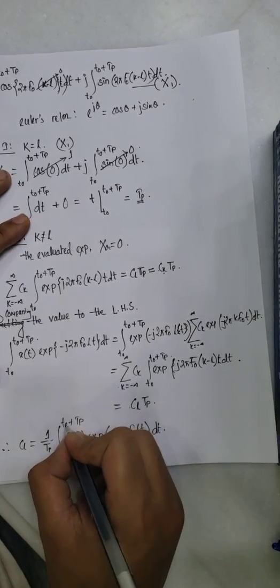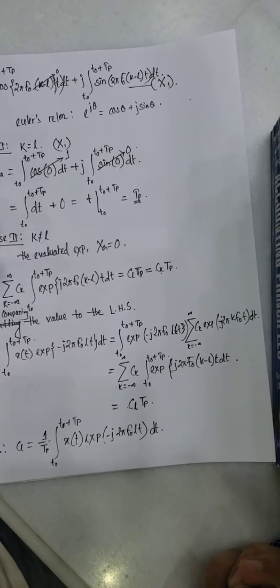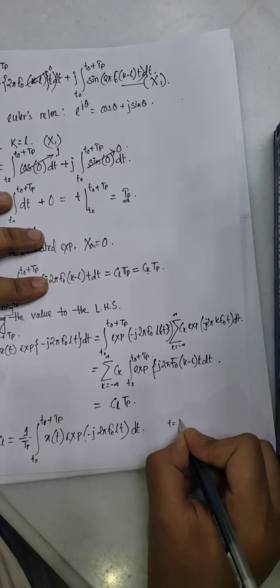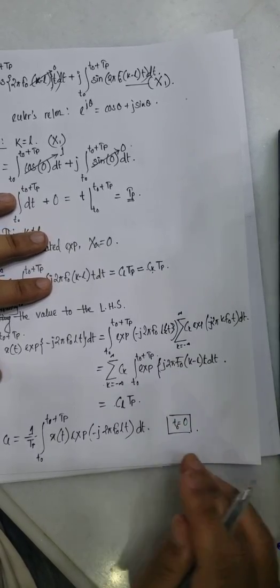Since t naught is an arbitrary value, as I have said before, let us consider the value of t naught to be equal to 0. This does not hamper the equation, and the equation finally becomes